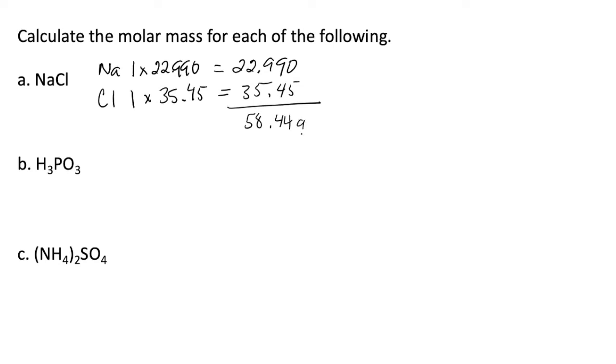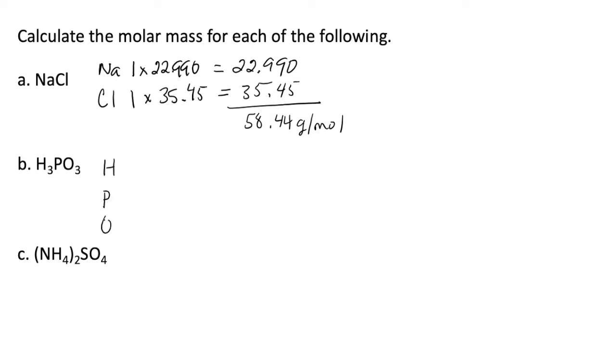58.44 grams per mole. I am not rounding to significant figures because I want as much information as I can get when I'm using my calculations in the next part. So I'm not going to be rounding molar mass to sig figs. If you're doing this just as a molar mass worksheet, check with your teacher to see if you need to look at sig figs. So for our next one, we have hydrogen,